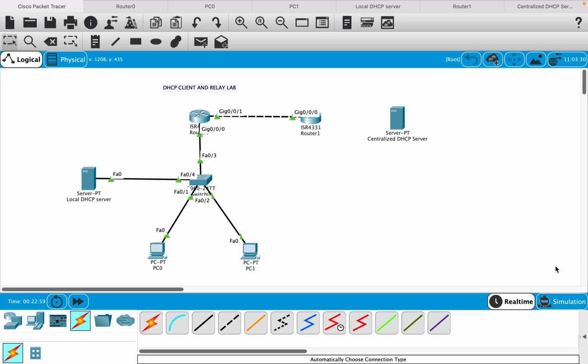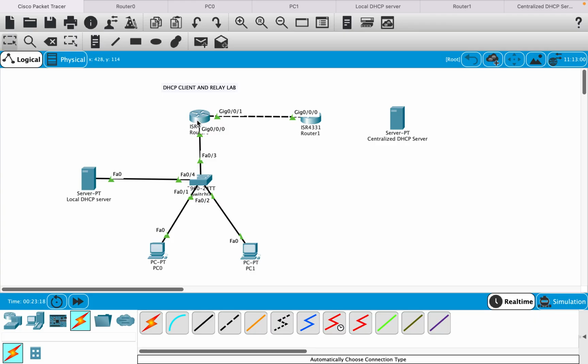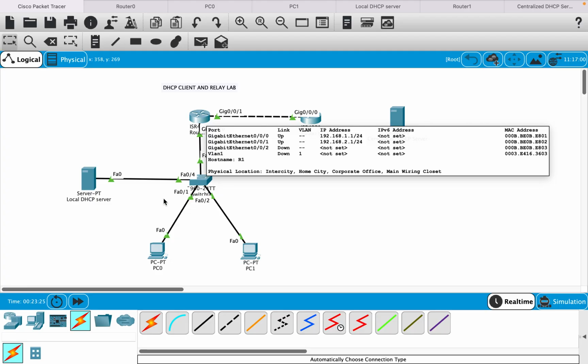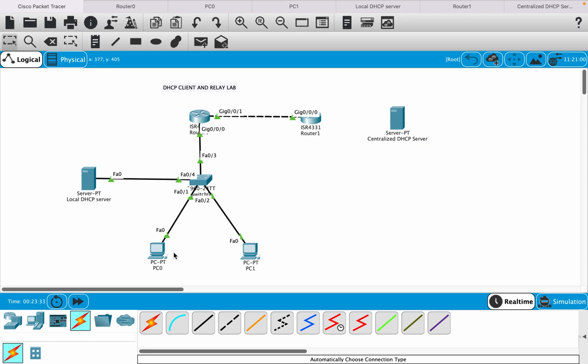First, we will start with a DHCP server in your local LAN. As you can see in my diagram, I have a small network in which I have two PCs connected to a switch, and then the router, which is acting as an enterprise gateway, will be connected to the switch as well, along with the DHCP server. The IP address of the server is 192.168.1.2 and the gateway router is 1.1. The clients will receive the IP address of the gateway, their own IP address, and the DNS server IP. For that, I have configured the local DHCP server